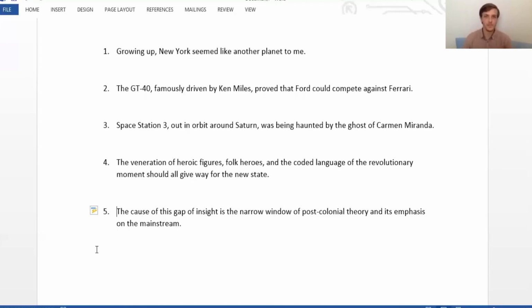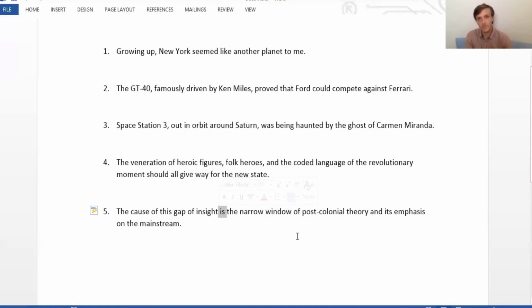Absolutely. A good thing to look at here is what our verb is, once again. And we've got is. And so anytime we have an is statement, it's generally standing in for a better word. And in this case, the word is the actual subject of the sentence, the cause. I mean, the cause is a noun, sure, but to cause is also a verb. So I can go ahead and cut the cause as the subject and make the subject this gap of insight. This gap of insight causes a narrow window, or